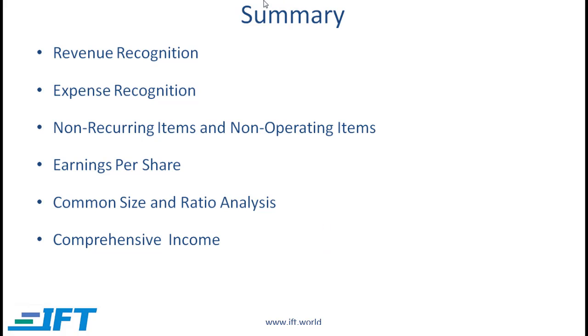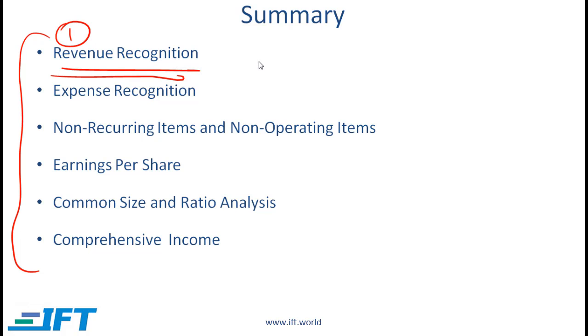That brings us to the end of this long reading. We will cover the most important points briefly. The first thing we talked about was revenue recognition. This is extremely important, and I will summarize the two most important revenue recognition items. The first is that the product or service has to be delivered, and the second is that we need to be reasonably sure of collecting cash. We then talked about revenue recognition for long-term contracts and for installment sales.